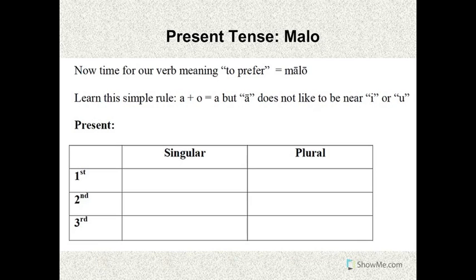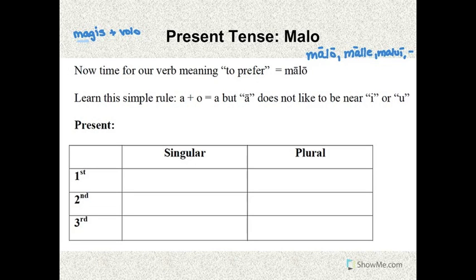Now let's look at the verb malo, which means to prefer. Our principal parts for malo are malo, malle, and malui. Like the other two, volo and nolo, it does not have a fourth principal part. Malo is a contraction of magis, which is an adverb meaning more, and volo. So magis volo means I want more. The semantic root of magis is the syllable ma, M-A, and that's the syllable we're really going to be working